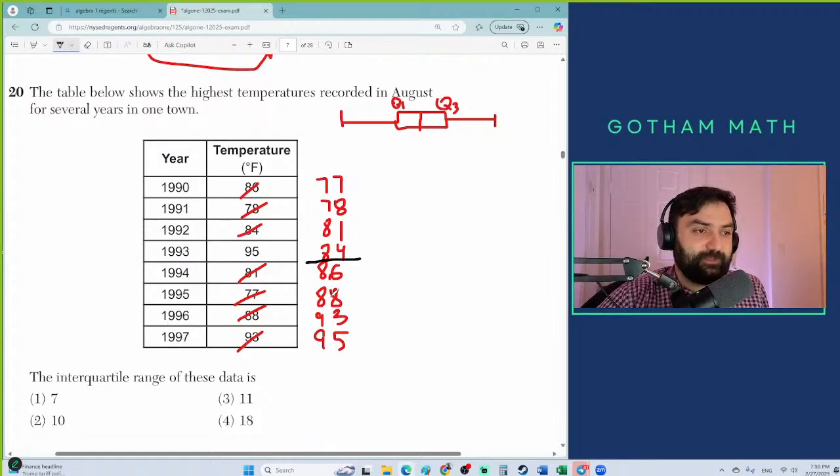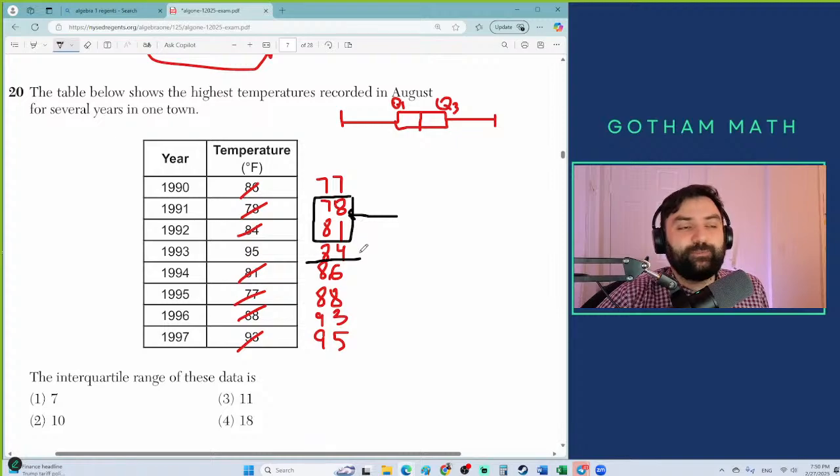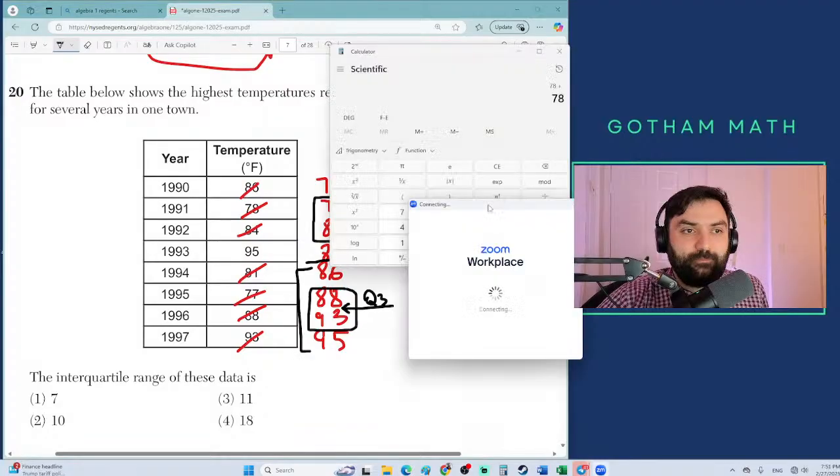It's here, when we split the data evenly. So Q1 should be the median in between these, and over here we have to add them and divide by 2. That's how we find Q1. And the same thing we're going to have to do with the